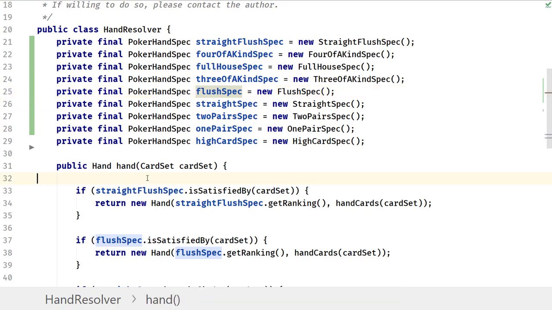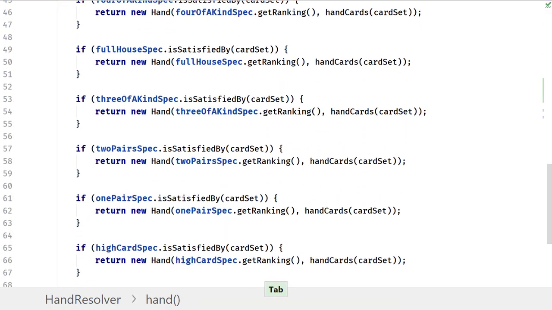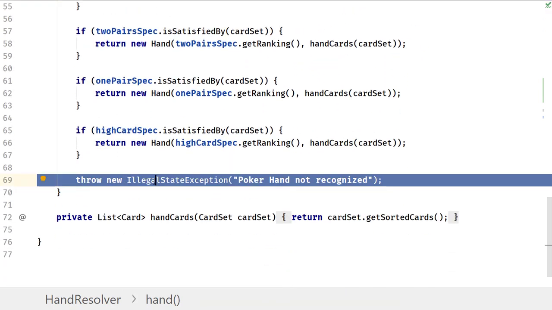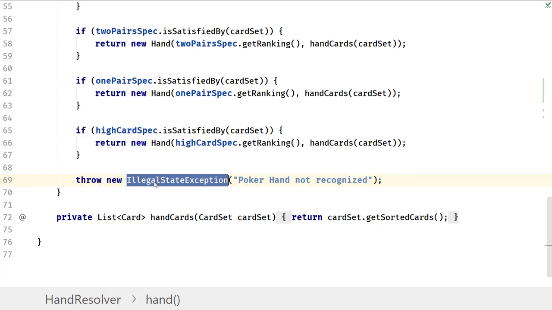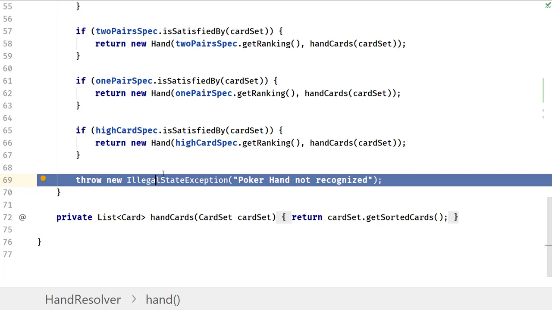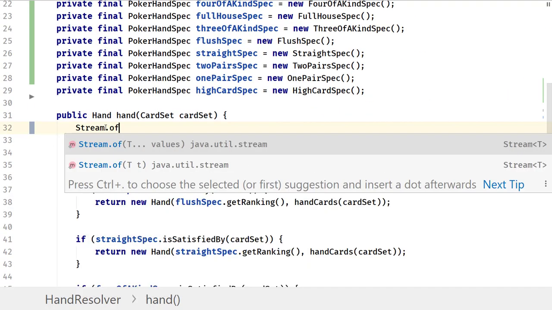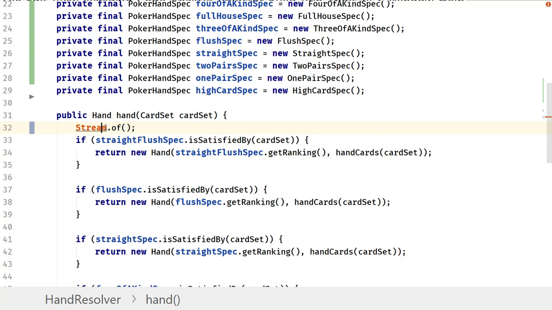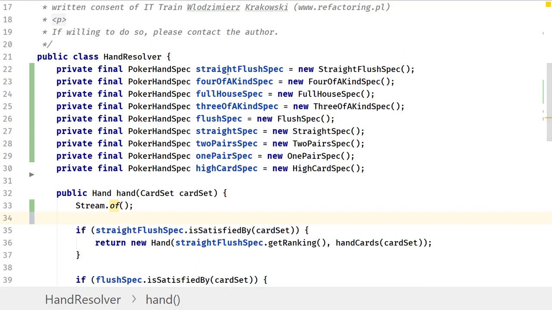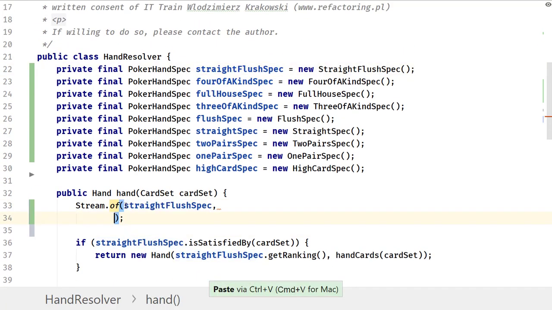Yes, and what now? We have a set of ifs, which you might not like, I do agree. It is, to me, a kind of slightly aggressive programming, but this exception should never happen. If it happens, it means there is a defect in my code. This was the reason I have decided to put it here. So it will be stream.of. Alt-Enter, import class. Stream of straight flush spec,